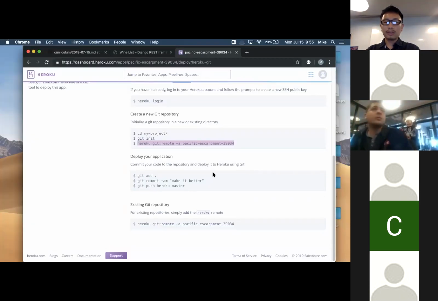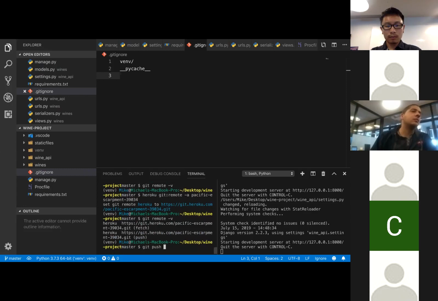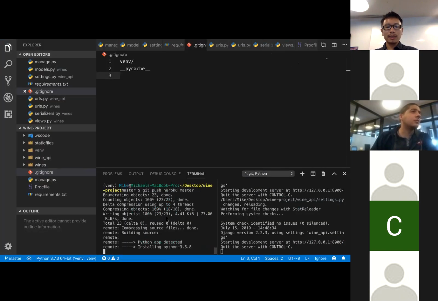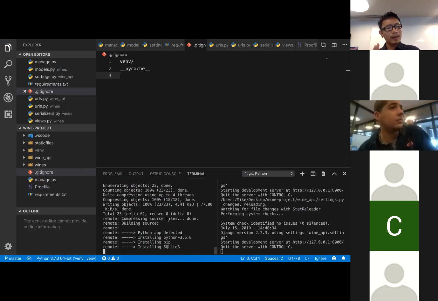You don't even have to use GitHub. You can set these to whatever you want. You can call it whatever you want as the remote name. You don't have to call it origin. So I want to git push heroku master. When I do that, it's going to take a little while, and then it's going to spit out the URL of my project, which should be Pacific Escarpment, some number,